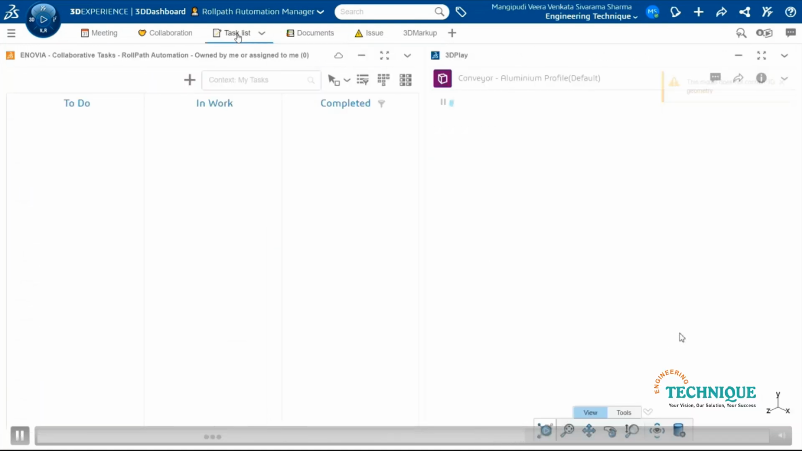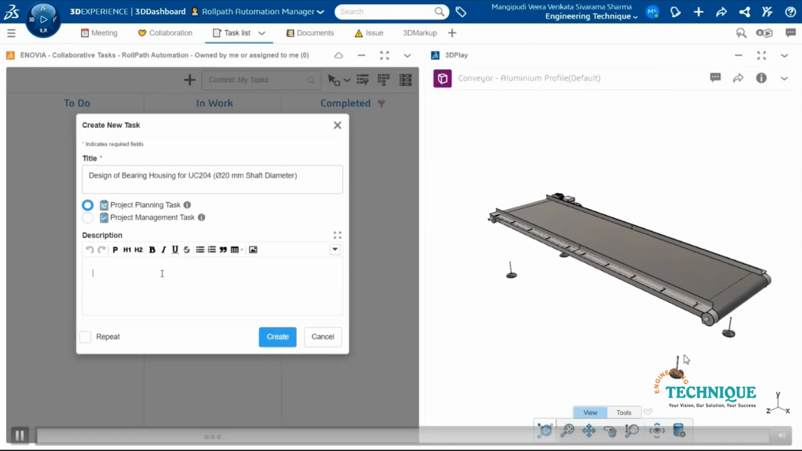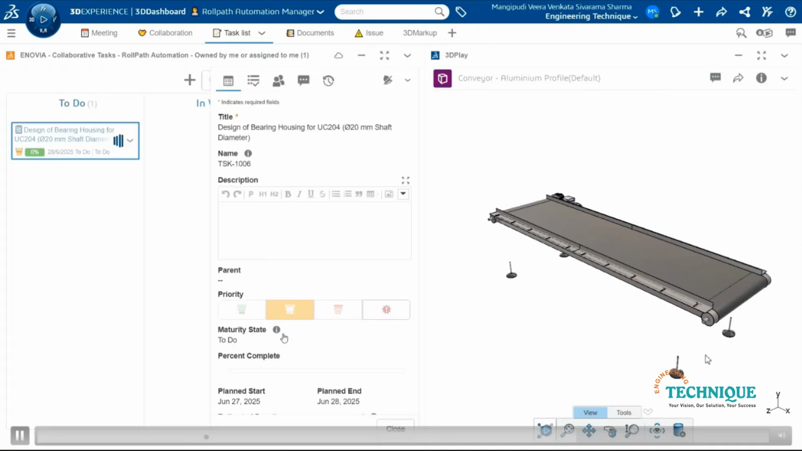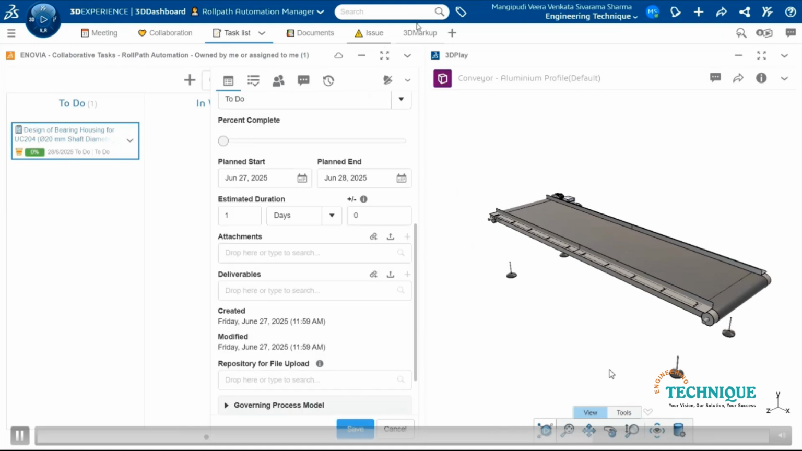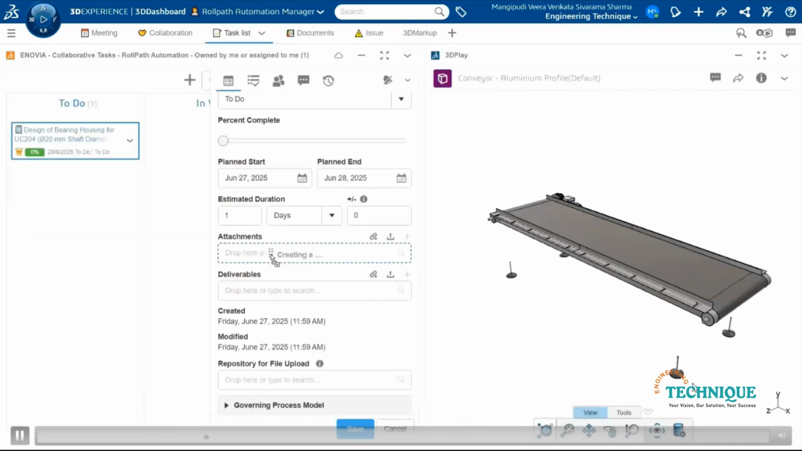Once the markup is created, the manager proceeds to create the task inside the collaborative project dashboard. Here he defines a task name and sets a deadline. Most importantly, he assigns the priority level based on the project requirement. To ensure clarity, simply